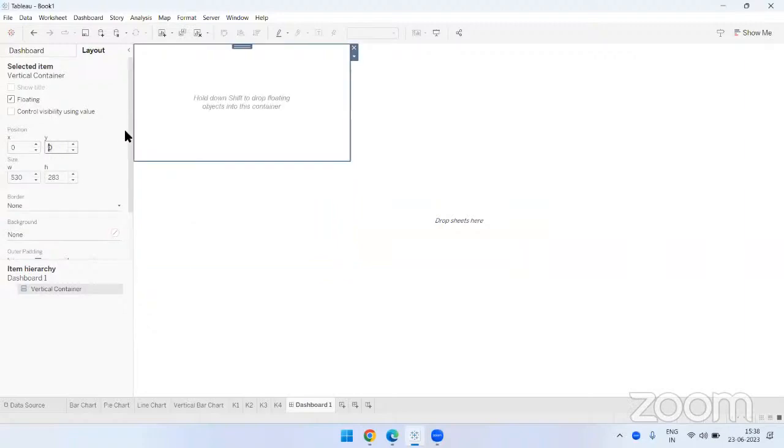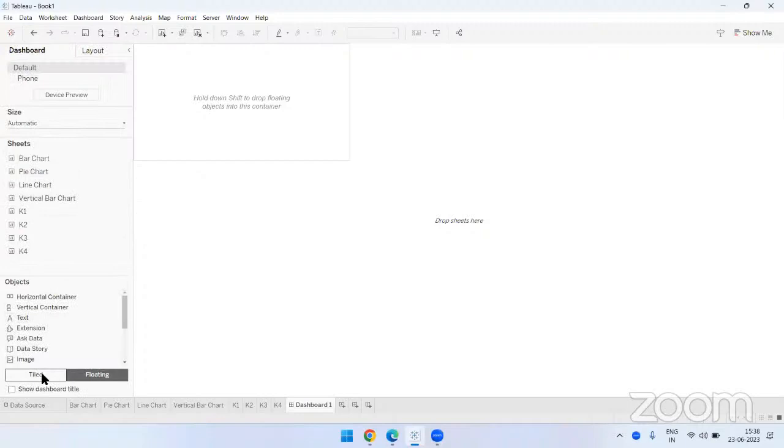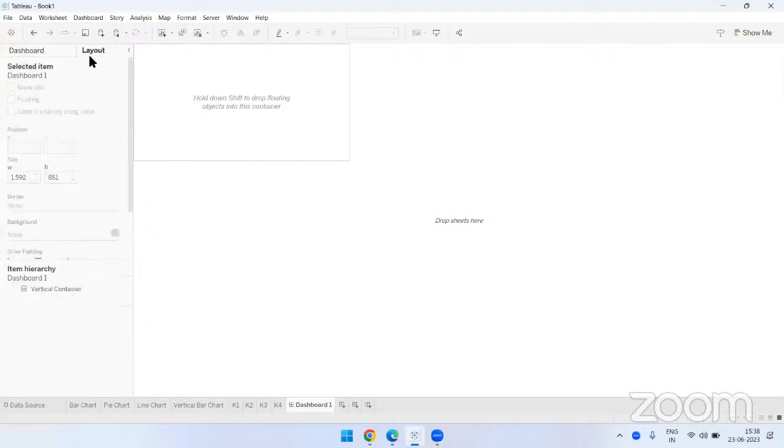If you make it 0, 0, then the container goes to the top. And if you remember, the width of that white color screen was 1592 and height is 851. This is editable only in case the object is floating. If I click here, then X, Y, W, H are editable. If you click outside, then X, Y, W, H are not editable because there is no object. If the object is used in a tiled manner, then you cannot edit the X, Y, W, H. So now I'm going to use 1592